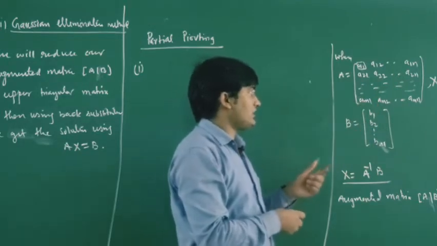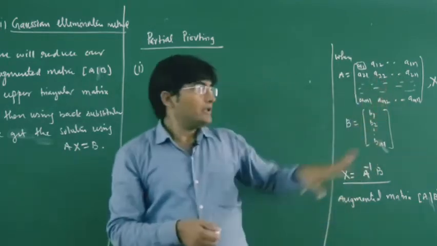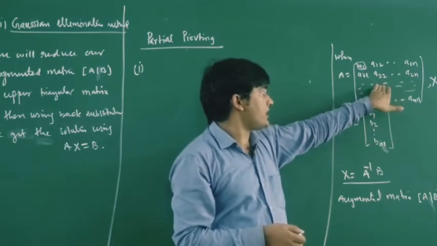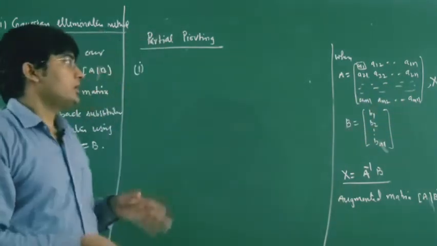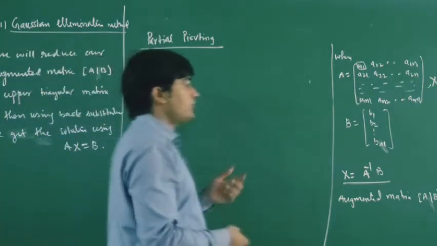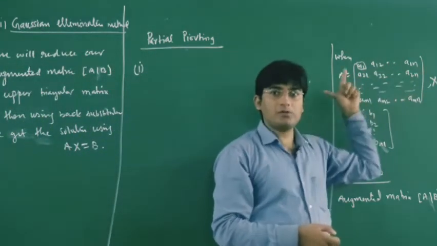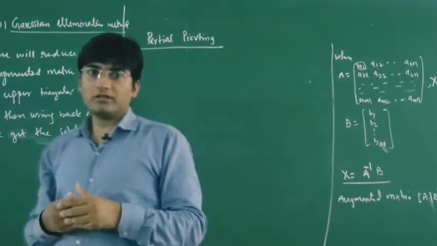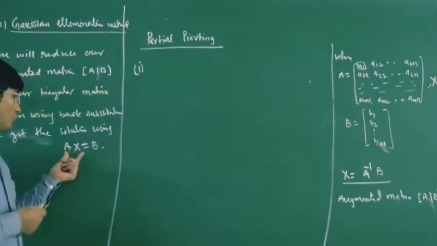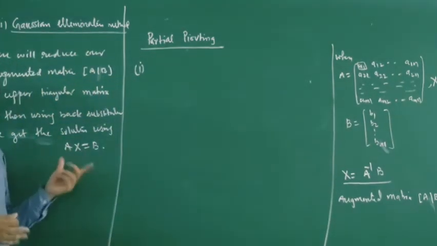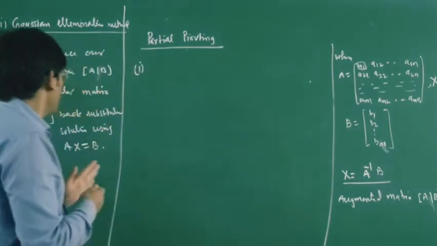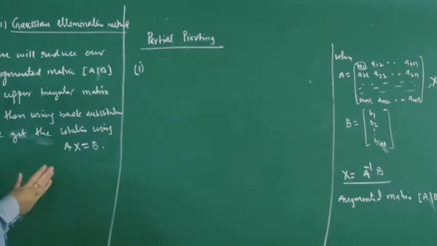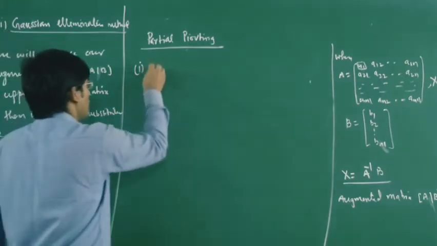Now in the second step, say this is your pivot element. Now with the help of this element we will try to reduce the remaining elements to 0. So continuing this process, finally we will get an upper triangular matrix. Now with the help of this upper triangular matrix we will use back substitution, and then finally we will get the values of xi. So in partial pivoting we choose